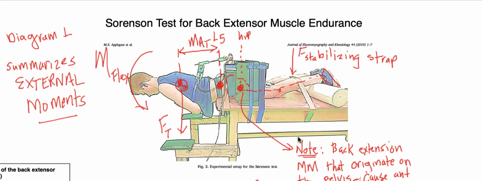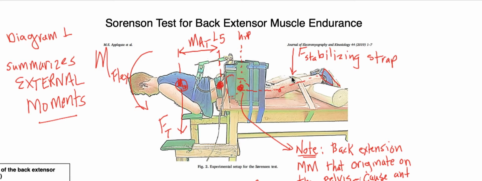So here I want to try to explain the Sorenson test for back extensor muscle endurance. And let's just look at the setup before we pay attention to all the drawing or the diagrams of the forces and moments here. So we can see that the person's on a plinth. They're free from about the end of their pelvis, so their trunk is free, so they're having to hold their trunk up while stabilizing force is applied